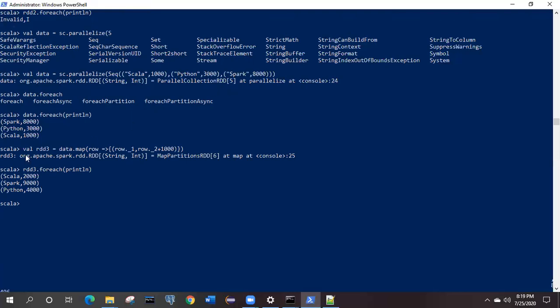Now we can see Scala, earlier it was 1,000. Now we have added 1,000 over here, and it is showing 2,000. 3,000 has become 4,000, and Spark 8,000 has become 9,000. So this is the total of three ways by which we can create the RDD.